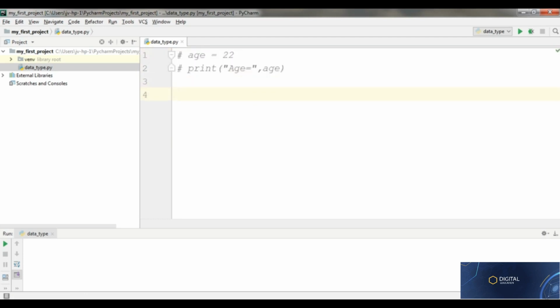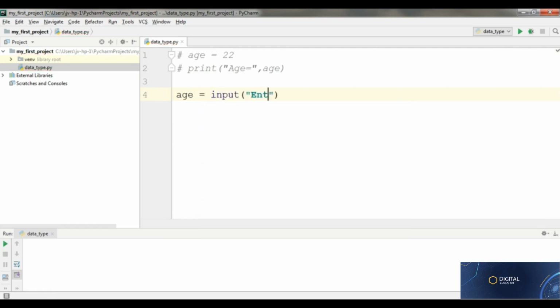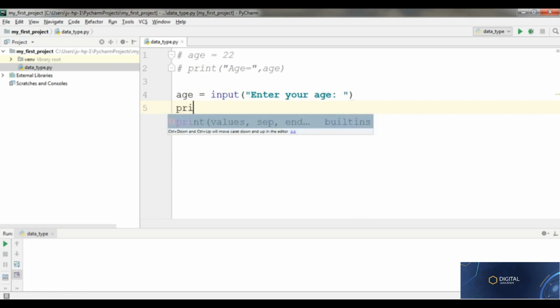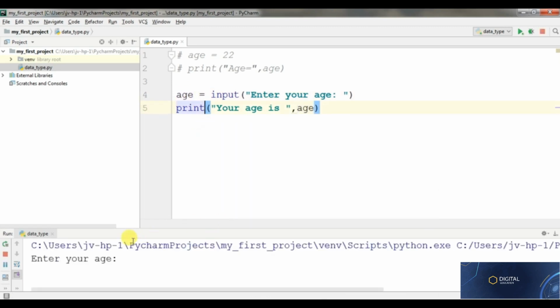So how to take the input from the user? Create a variable age equals to, here we have a function input, and here let's ask, enter your age. Let's print it. Your age is, age, this variable. So this part will be printed as it is, and this will print the value inside this variable. Let's run it. Right click, run it, and you can see here